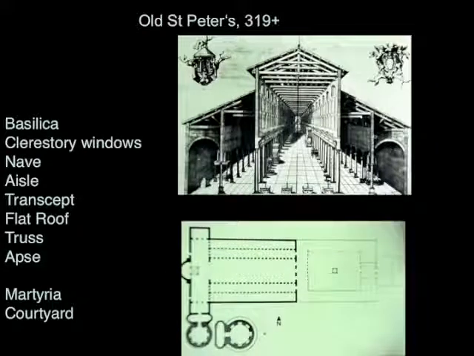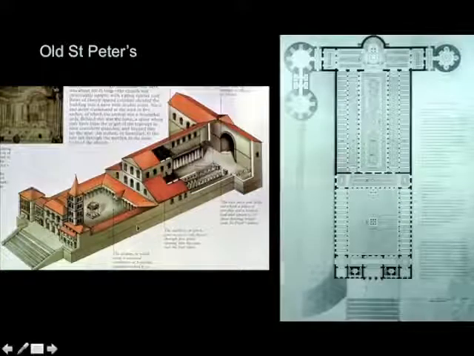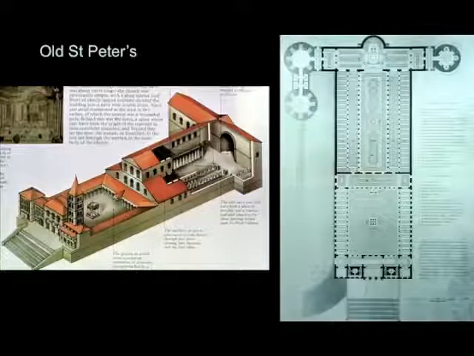In fact, if you look at Old St. Peter's, you'll notice that there's a courtyard on the outside, and the facade of Old St. Peter's doesn't even look like a facade. This thing that meets the street looks really like an assemblage of buildings that you might find in any city. It doesn't announce itself in a very declaratory manner that this is a church, this is a place to worship, but rather it's sort of self-effacing. So the impulse to be covert and hidden that had to do with the earliest days of the Christian church continues in the earliest of the basilicas.